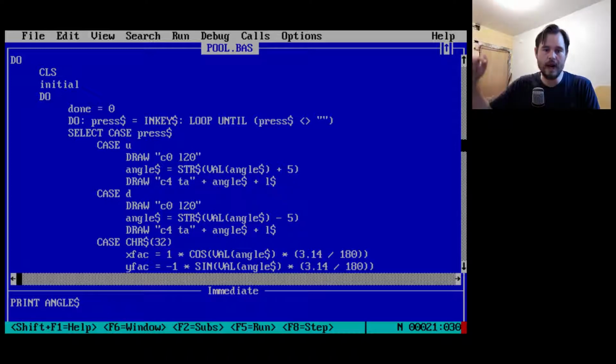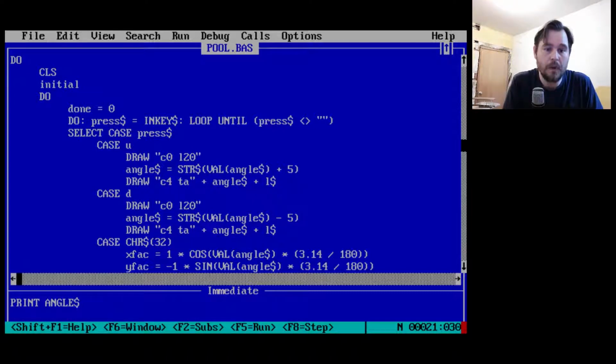So that's why we don't actually have to p-set here, because the last thing we drew was a right 20 to draw the paddle, the cue. So all I have to do is change the color to black and draw left 20 to erase it. Okay, and once I do that, now I'm back at the origin point and I'm ready to draw my next